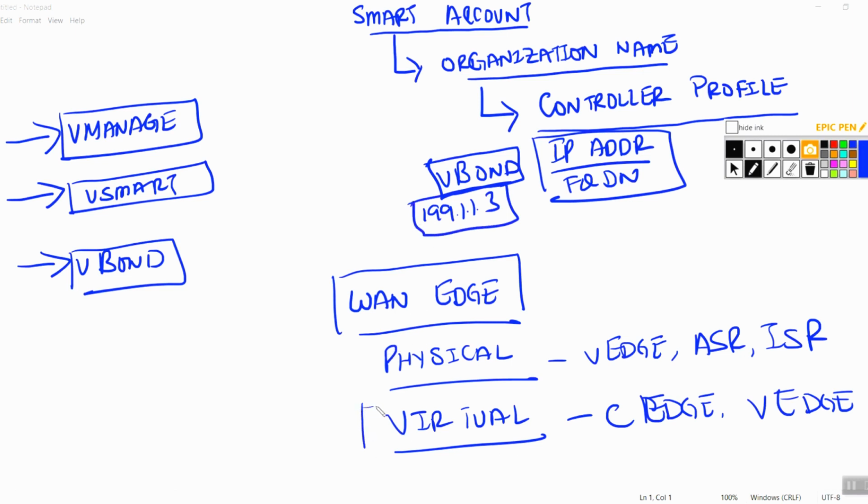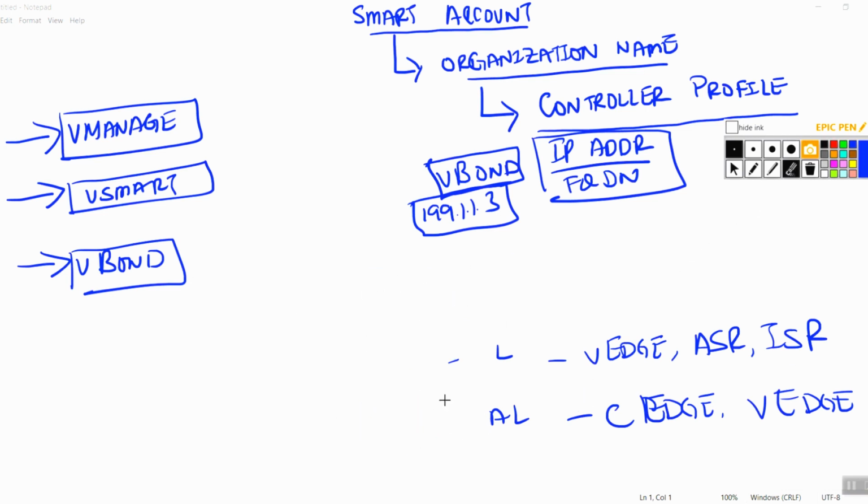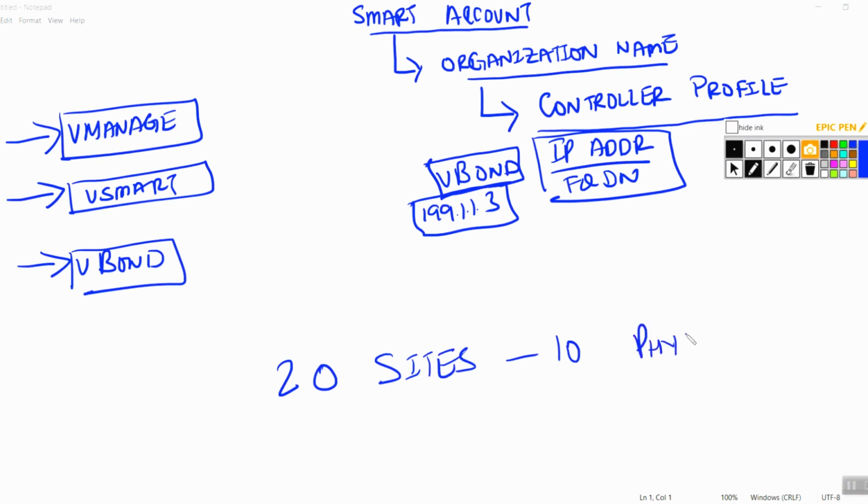Now let's take a look at this first, and then we're going to take a look at the physical one later. So let's just focus on the virtual ones first. So how do I do the virtual ones? Actually, let me talk about the physical ones first. Then we'll come back to the virtual ones. So I've done this. Now the company wants to acquire or set up their SD-WAN setup, and they plan to have, let's say, 10 sites or 20 sites. Out of the 20 sites that they want,